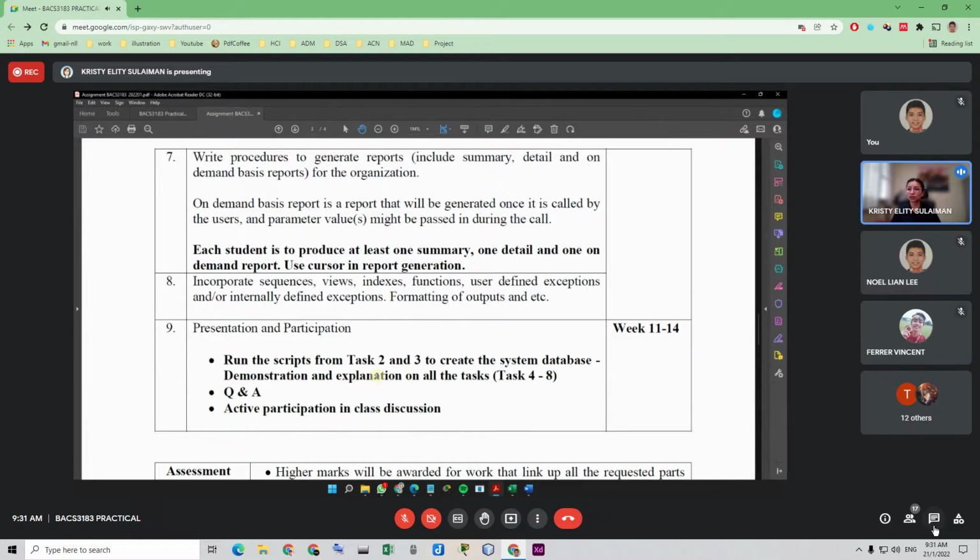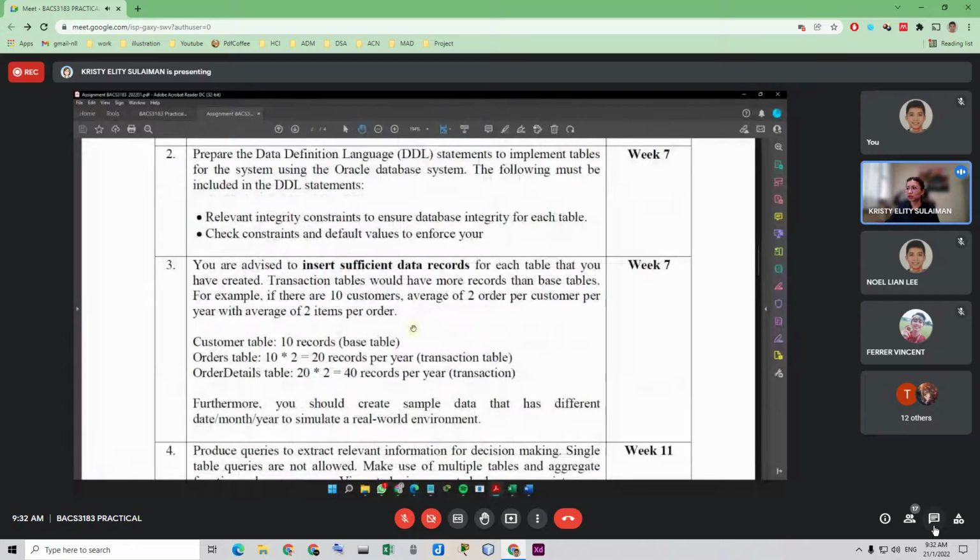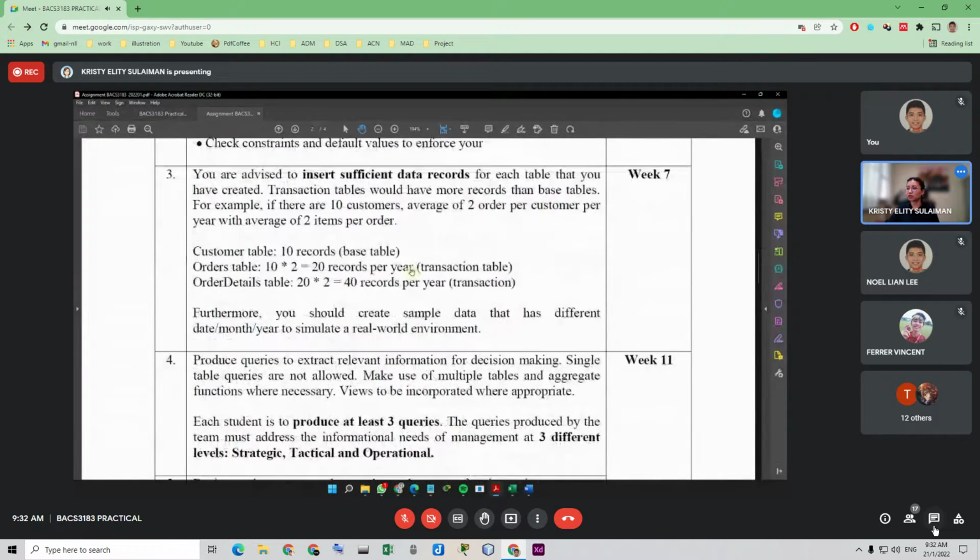You will need to have ready scripts related to your assignment for presentation purposes. Okay, so you will show the scripts on task 2 and task 3, the DDL, and also the data records.